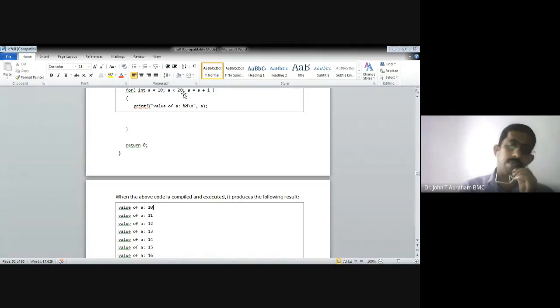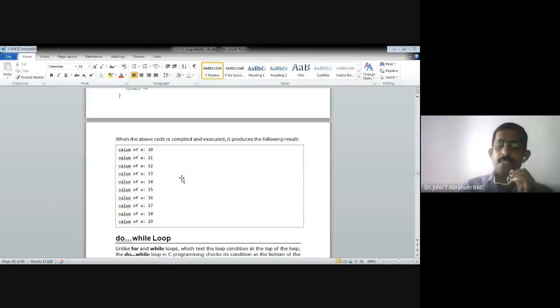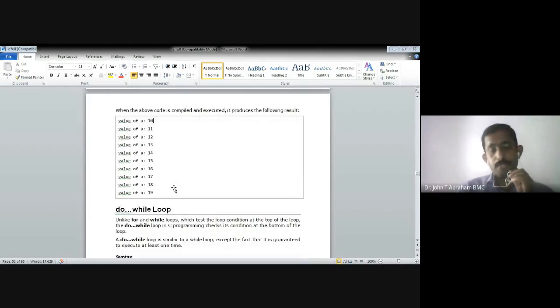Yes, so the value of a, 11, is displayed. Like that, the condition is checked and it increments again, up to the point that the condition is false. When the condition is false, it just comes out of the loop. So that is the case of the for loop, a very important loop.